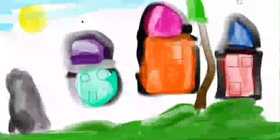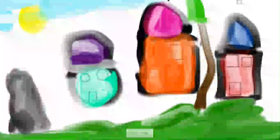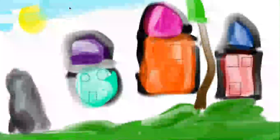Now I love using blue for base color. It's such a common color, you know what I mean? Let me see, I want to go around the edge. I want to go around the edge, but I want to make sure it looks cool. I want my drawing to look